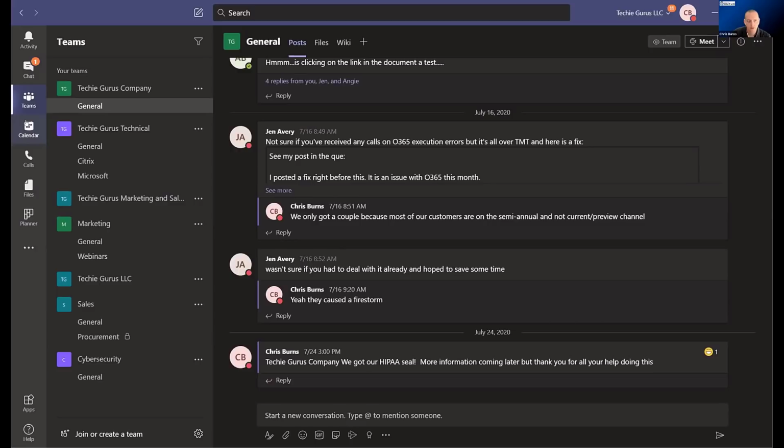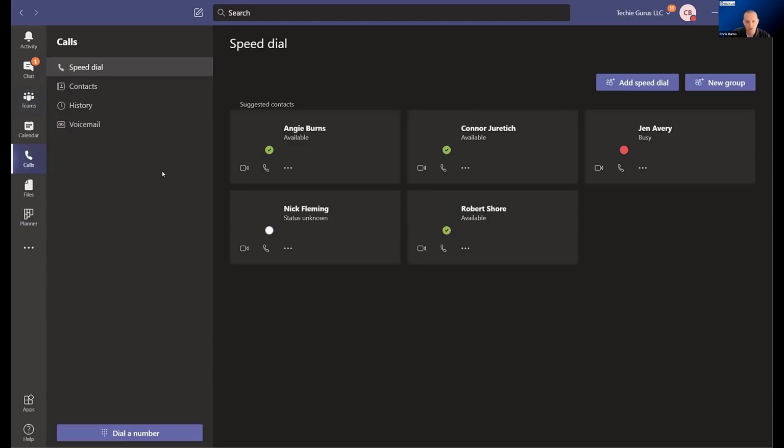You can see my calendar. If I click on this, I can schedule meetings from there. We use Microsoft Planner internally. Again, I've added Planner there. I can click on files. I can't click on some of the stuff because some of it is internal and we can't show it. If you want to do calls,